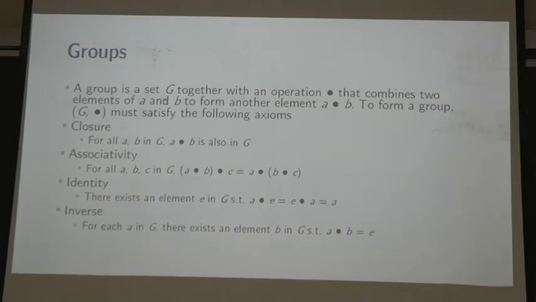So can there be multiple operations? That would be another group. Yeah, I say to define a group, I have to define the set and I have to define the operator. Operations, can there be two operations there? So that would be another group. Like addition over the set of integers is one group and subtraction over the set of integers is another. Is there going to be a group with addition and subtraction both? Well, that's just two different groups. Yeah. Okay?